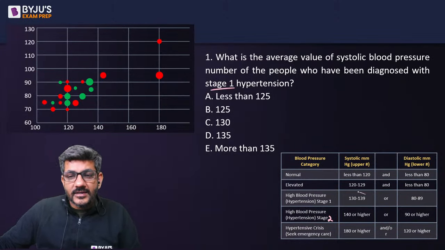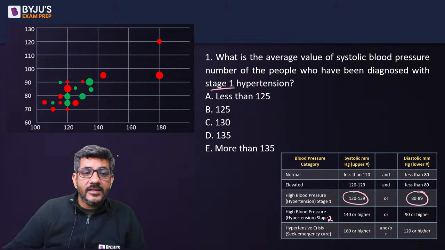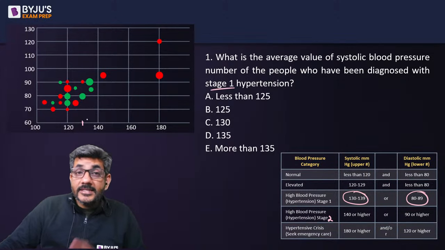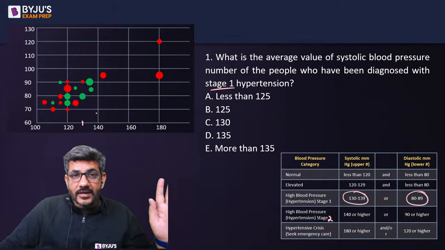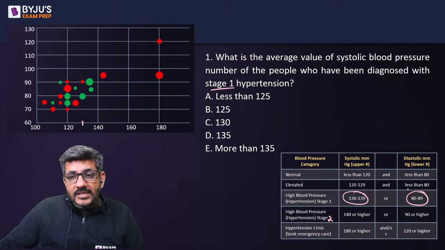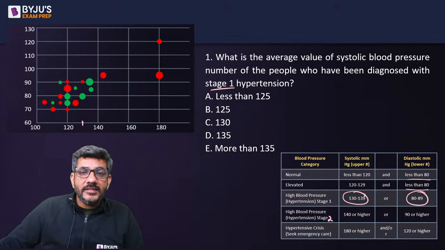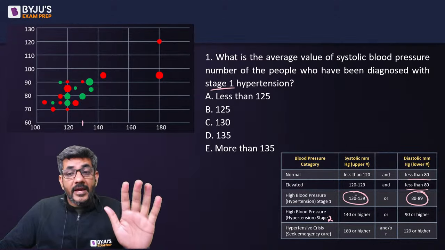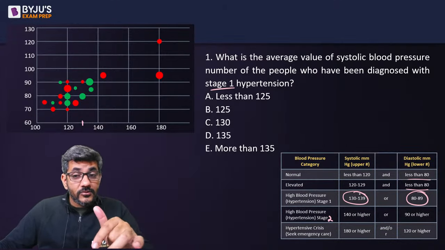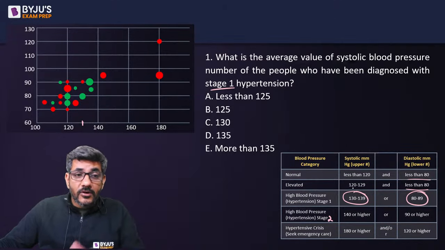That means 130 to 139 or 80 to 89. तो कौन से लोग हैं 130 to 139 में? 130 would be somewhere here, right? 130 to 139 और 80 to 89. 80 to 89 मतलब 90 की लाइन टच नहीं करने चाहिए. सो व्हाट ऑल पीपल वुड लाई देयर. और यहां पे वो लेस देन 80 है जो नीचे वाली एज में चले गए थे. सो दैट मींस अगर कोई 80 पे है दैट वुड बी कंसीडर्ड इन हाई ब्लड प्रेशर स्टेज 1. अगर 80 पे है तो, बिकॉज लेस देन 80 वाले तो एलिवेटेड और नॉर्मल पे थे.